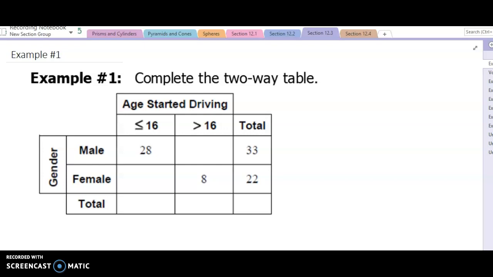All right, guys, so this is the video for section 12.3. And these are all about two-way tables. And two-way tables are pretty handy because they're pretty easy to read, especially after you get used to reading them. You should have done a chapter on two-way tables in Algebra 1,